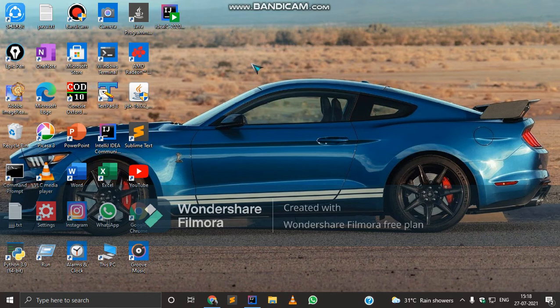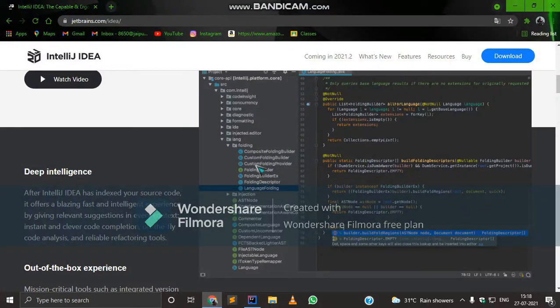Today I am going to tell you all how to install an IDE in your PC. So first of all, we should know what is an IDE. An IDE is an integrated development environment. It's a software for building applications. It increases productivity by combining common activities in a single application, like editing, building executable code from source code, debugging, encoding, and etc. So I am going to install IntelliJ IDEA.